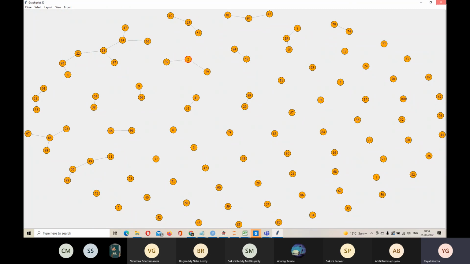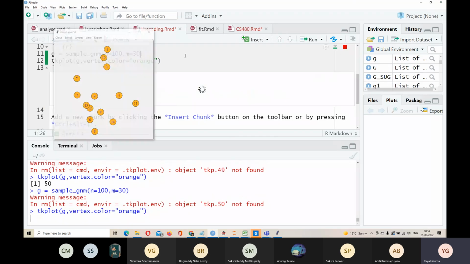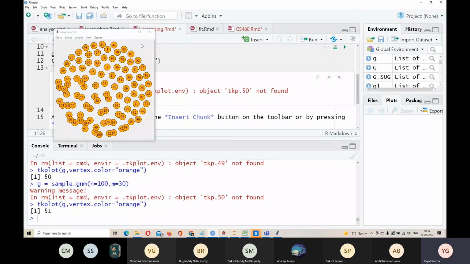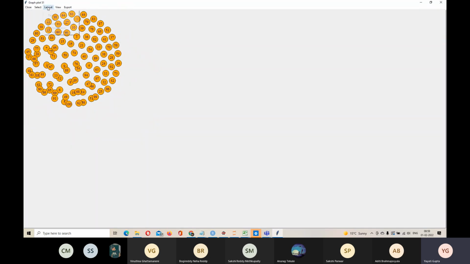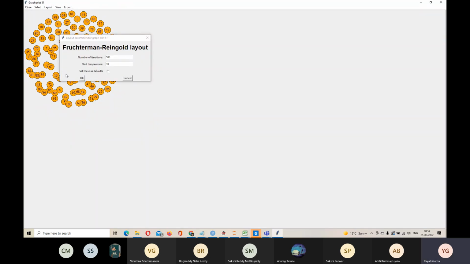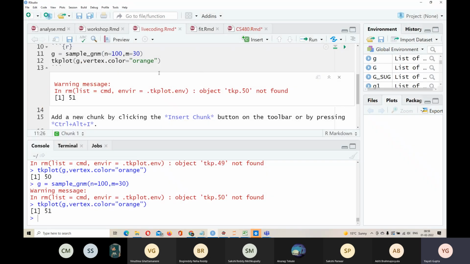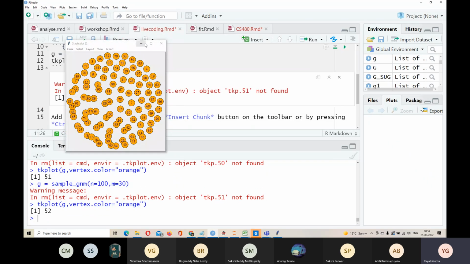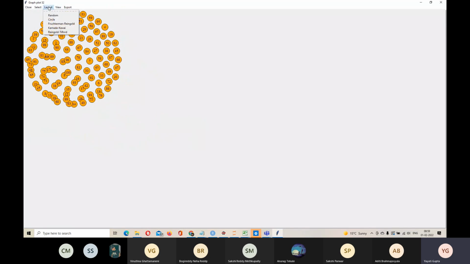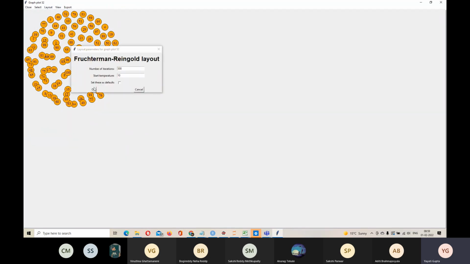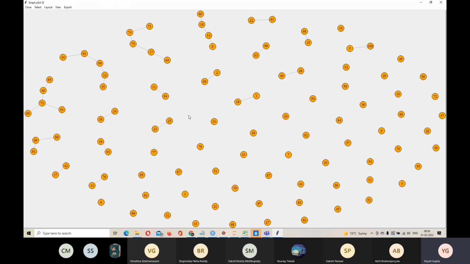Now, one thing you should note here is every time you run this code, you will get a different graph because it's a probabilistic model. Every time it will place some of the edges randomly. So look at this graph which we just created. Here you see an edge between 51 and 99, right? Just to validate the point which I'm saying. If you run it again, now do you have an edge between 51 and 99? This will tell you that the graph is changing. It's difficult to spot 51 and 99 here. Can someone spot?